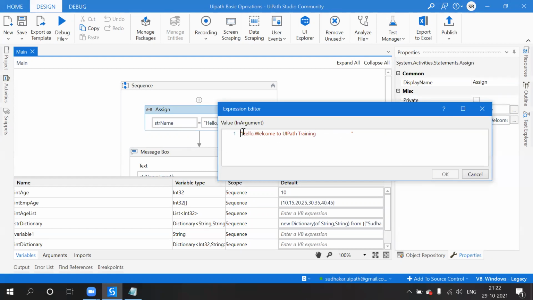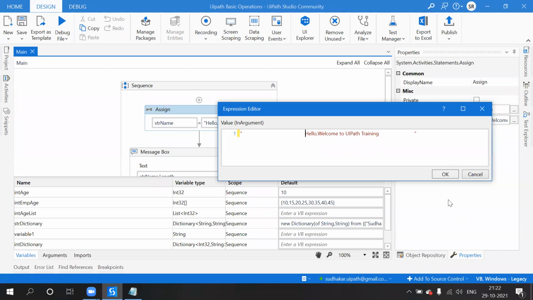So for example, just keep a space at the beginning of the string. This trim end and trim start will remove the space at the beginning of the string or at the end of the string.